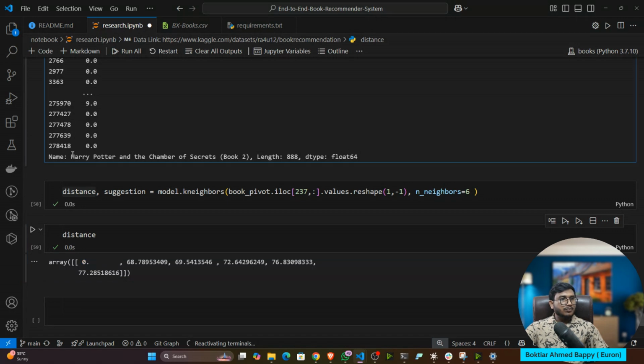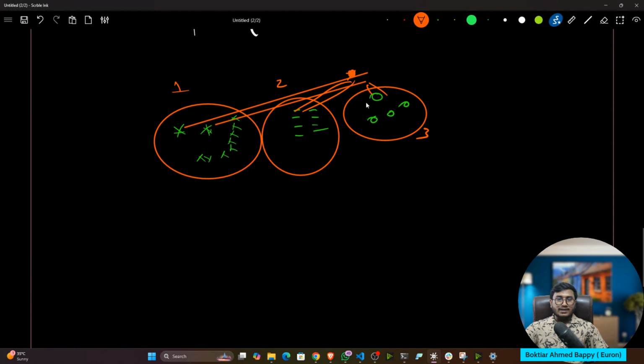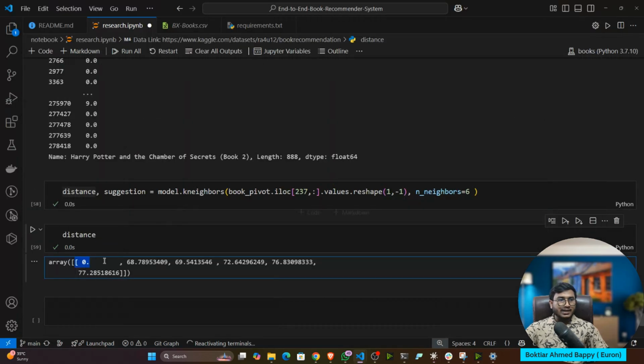That means the book I have passed is being compared with itself. That's why it's the same book. Because the book you are passing here is definitely present, and if you calculate the distance with respect to the same book, you will definitely get 0 distance. Then the second book, third book, fourth book, fifth book, and so on.